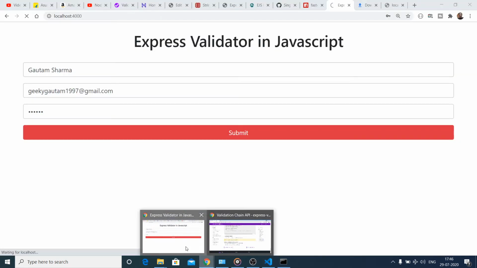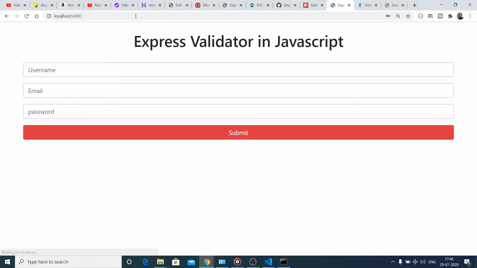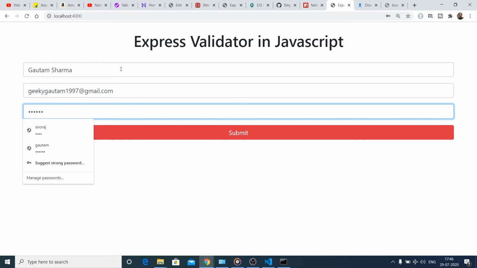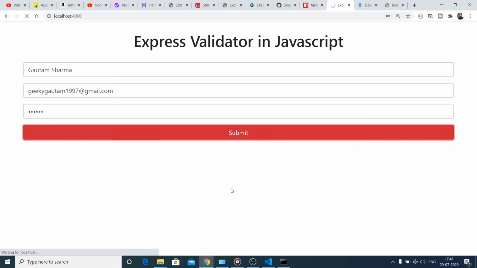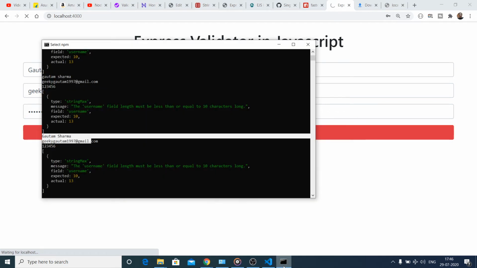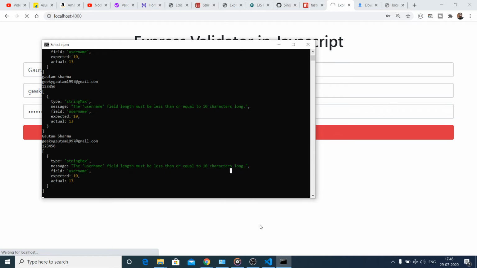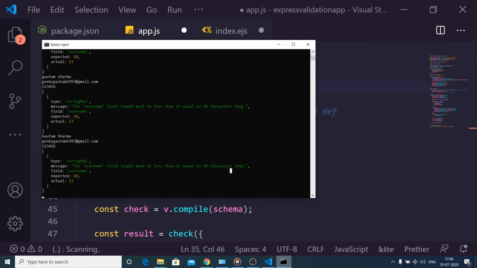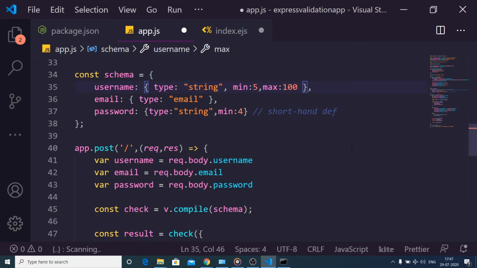So in that way we will not be encountering this error. So again if I refresh, and if I click submit, what is the error, guys? The username field length must be less than or equal to 10 characters long.